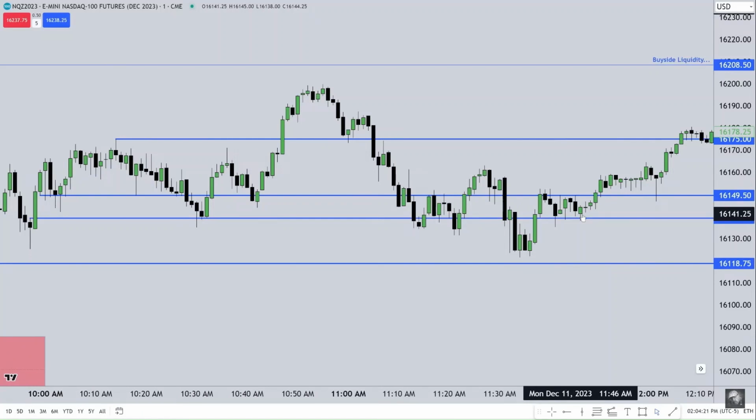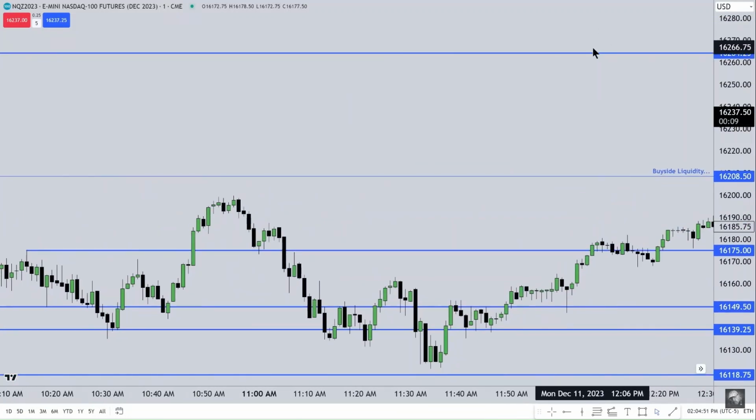There's a difference. It's not an inversion fair value gap. It's a reclaimed fair value gap. It means it's being used again, even though it's wiped both sides of it. The algorithm is going to still refer back to it. Why? Because the underlying narrative has not panned out yet, which is delivering to the buy side liquidity that has yet to be traded to. And now there's a larger pool of liquidity because now we have this high that hasn't been purged yet. So this high plus the 15-minute highs, I'm sorry, the old daily high, and then we still have the weekly objective up here. So all of these build on context and narrative